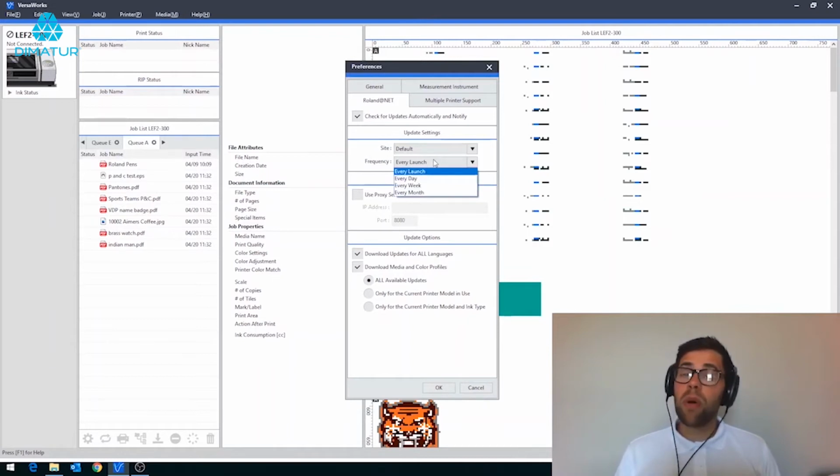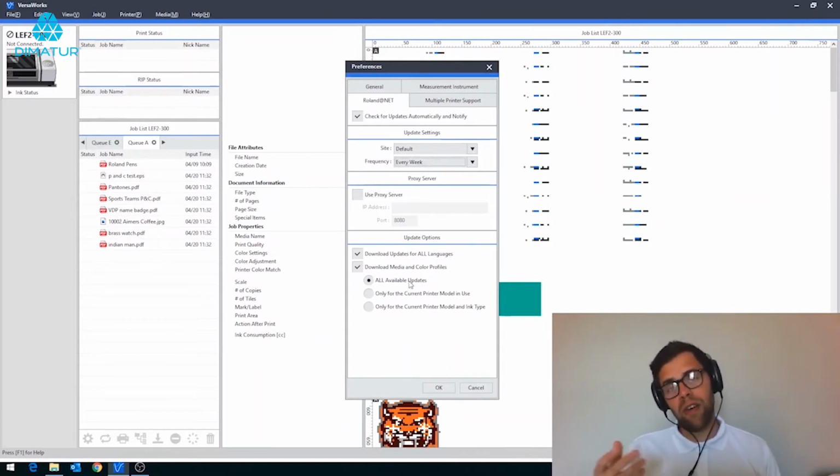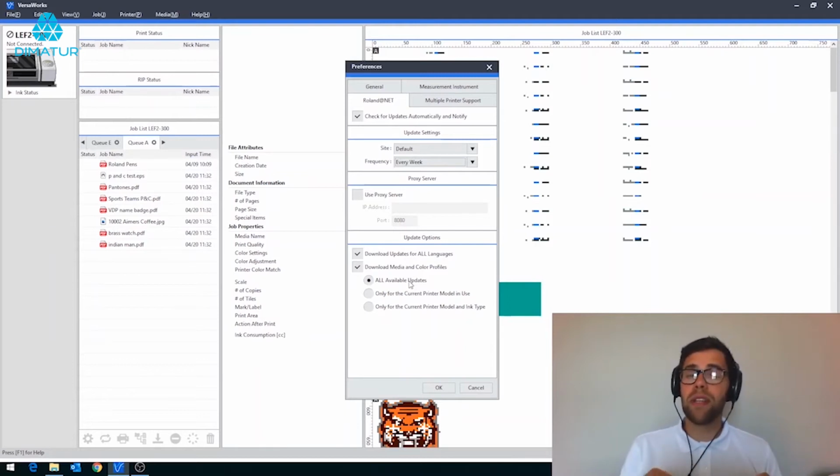It depends on what works for you, but typically we recommend either weekly or monthly to ensure that it helps you and doesn't hinder you by getting in the way of your workflow by asking too regularly. You have some further options down at the bottom here which allow you to fine tune the updates, and just a final quick pointer on this is that the updater within the preferences won't update you from one version to